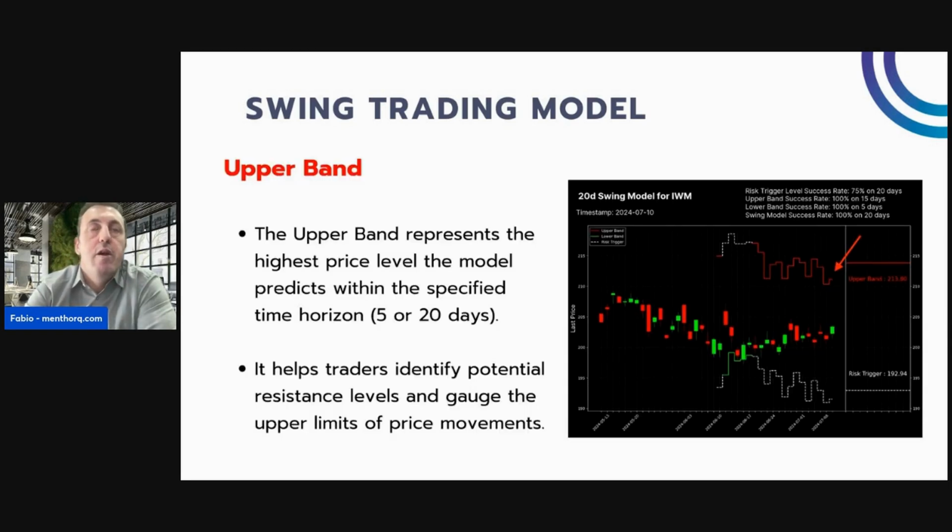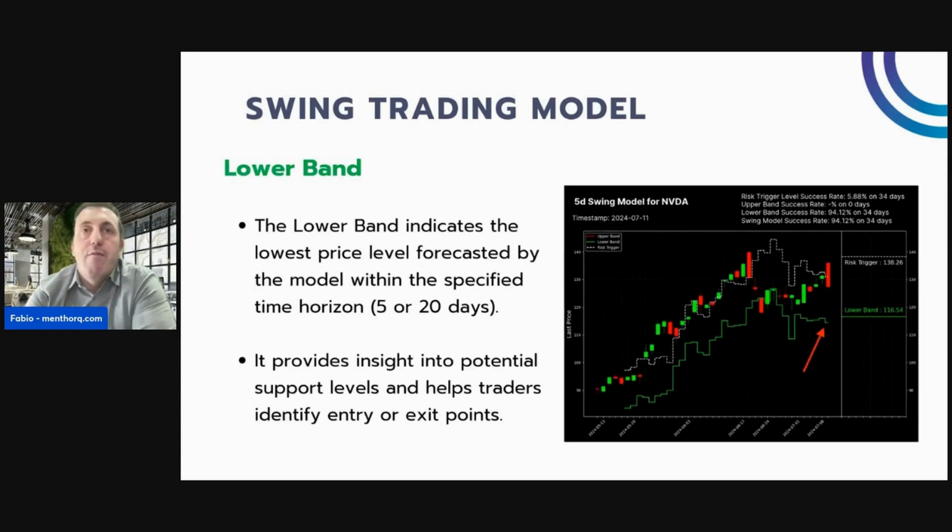So the indicator has 3 components. One is the upper band. The upper band represents the highest price level that the model predicts within the specified time horizon, whether it's 5 days or 20 days. And what it does, it helps traders identify potential resistance levels and look for upper limits of the price movement. Then we have a second level, which is the lower band. The lower band indicates the lowest price level forecasted by the model within the time horizon, which is 5 or 20 days. So it can give you really good insights of potential support levels